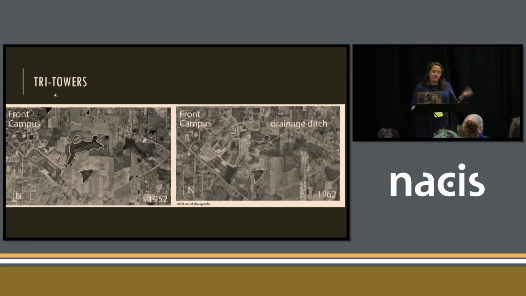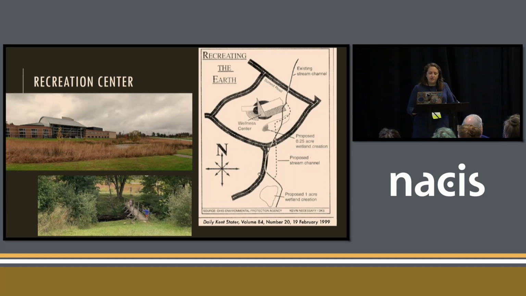And then again, these are USGS aerials, where we found the wetland in the farm fields, these two wetlands here, and that's 1952, and then by 1962, you've got another drainage ditch. This one is actually still there, so that's cool. And then by the 1990s, the university, well, I wouldn't say the university got smarter, sorry, can't say it, but they disturbed a wetland,